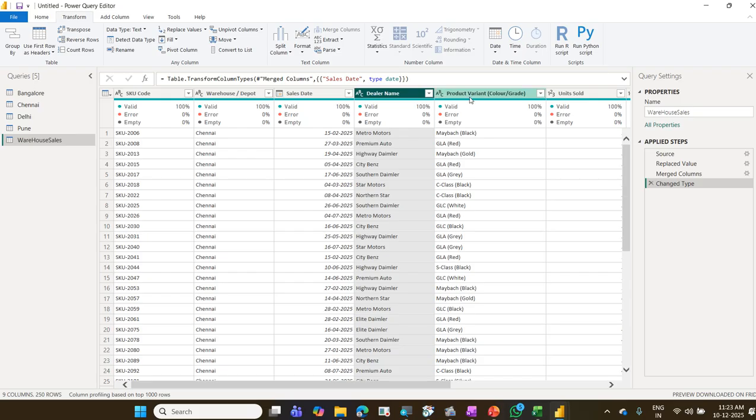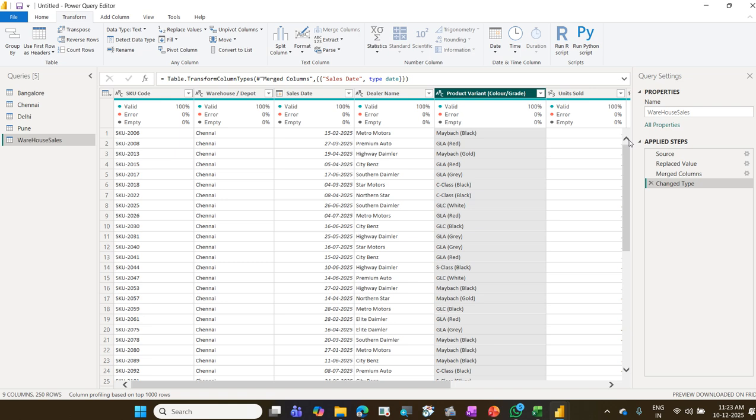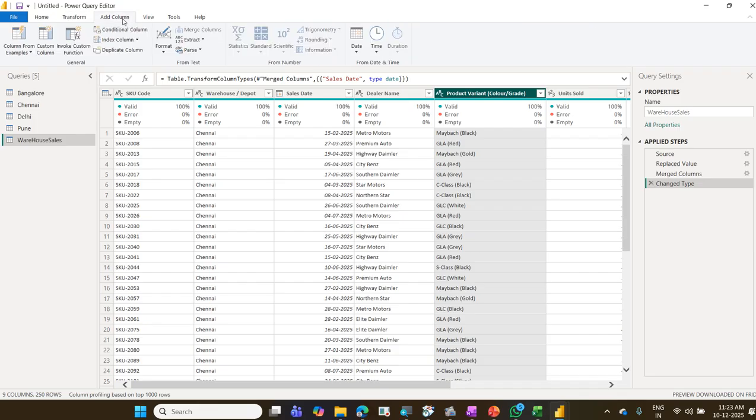For example, only this color, black, red, gold, red, gray, has to be separated here. So select that column. You can add a column, or if you want to do it in place, go to Transform Column. If you want to do it in some other area, use Add Column. Now I'll go to Add Column,